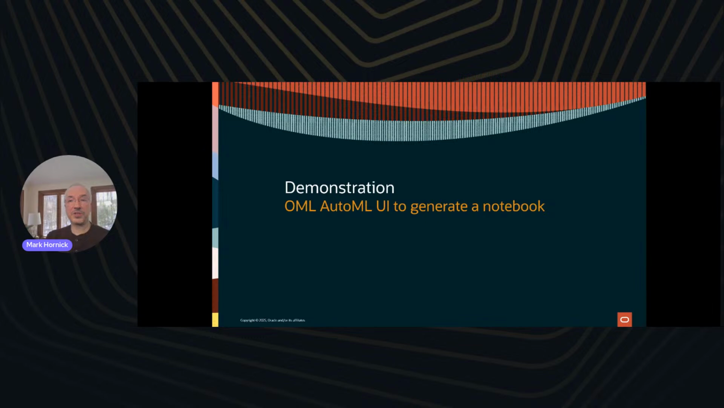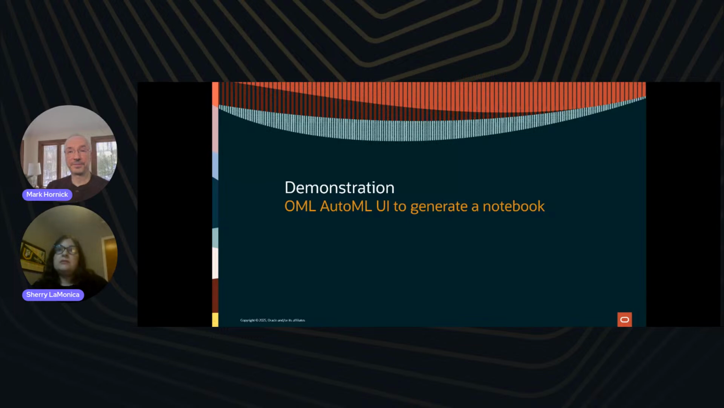So let's get a quick demonstration of the AutoML UI and generating a notebook for one of the models. And this starter notebook, as you'll see, uses the Python API. So Sherry, back to you. Okay, so